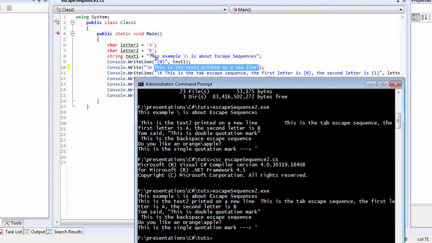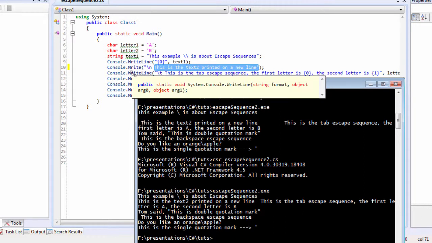So this Writeline method is actually doing two jobs together. First, when we look at this first Writeline method, it's retrieving the value from text1, and then it's printing that value on a new line. Then it's moving the pointer on another new line, like this, and after it finishes moving the pointer or the cursor